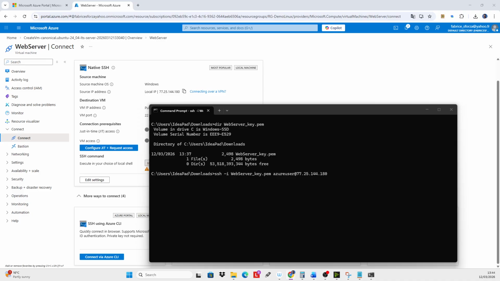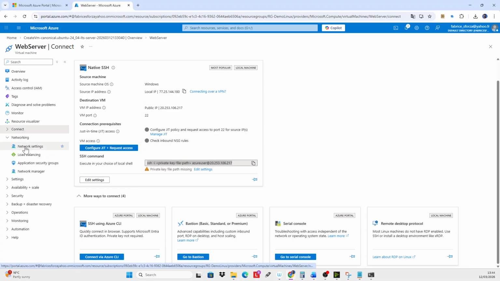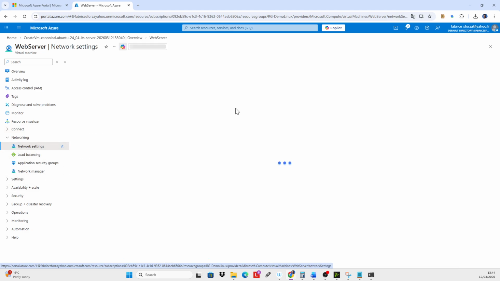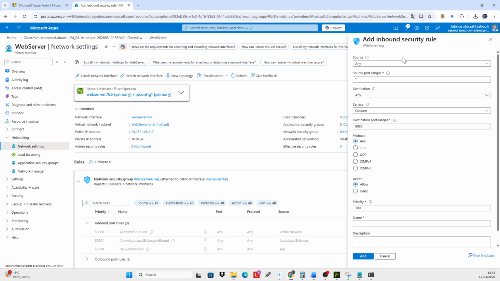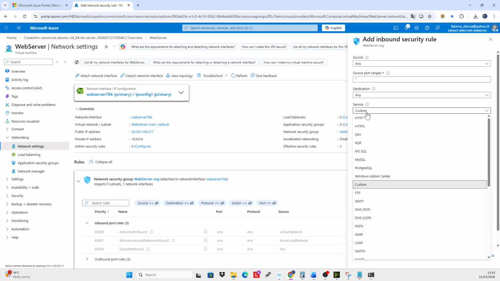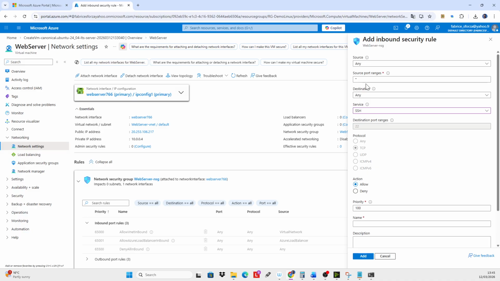So let's do it. I'm going to go here on my networking, and you can see the NSG here, web NSG. You need to create a port rule for that. So I'm going to do an inbound rule, and I'm going to say the service is SSH. Don't put anything here.